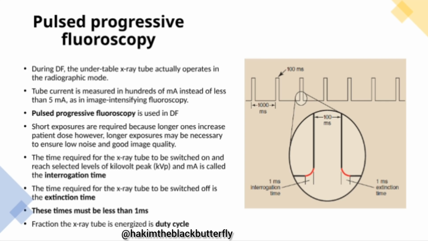Okay, so during digital fluoroscopy, the under-table X-ray tube actually operates in the radiographic mode. Then, like we said, we can still have the radiographic mode and we can still have the fluoroscopic mode. So the tube current is measured in hundreds of milliamperes instead of less than 5 milliamperes as in image intensifier fluoroscopy. Then the pulsed